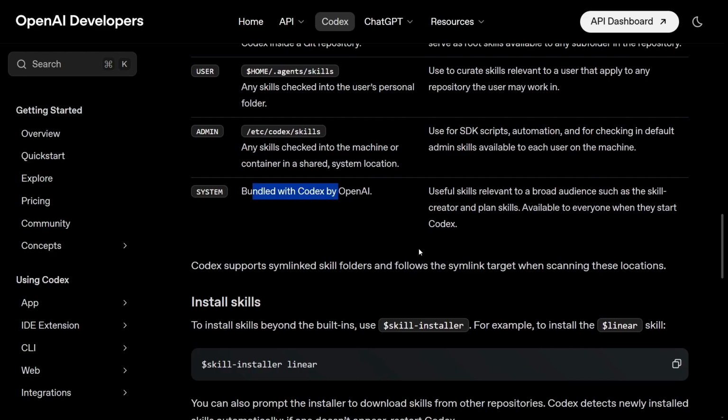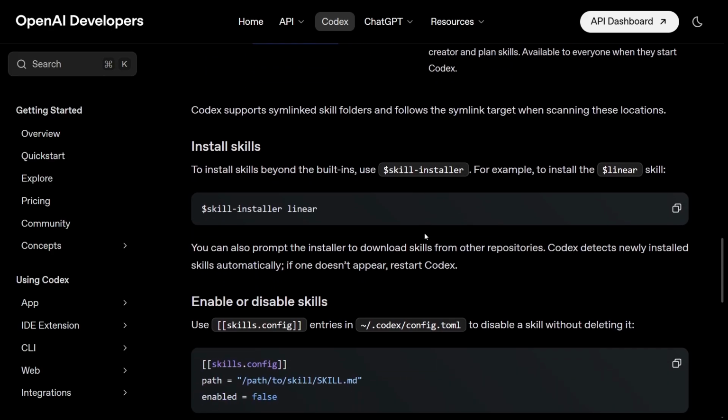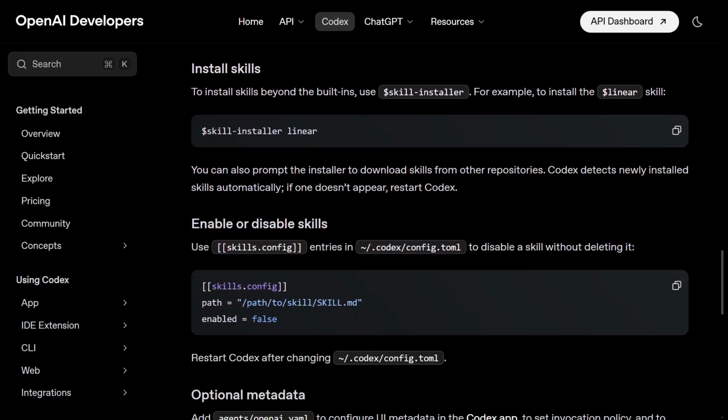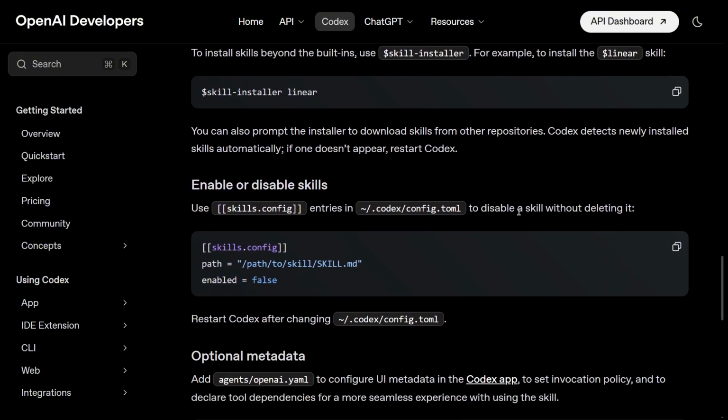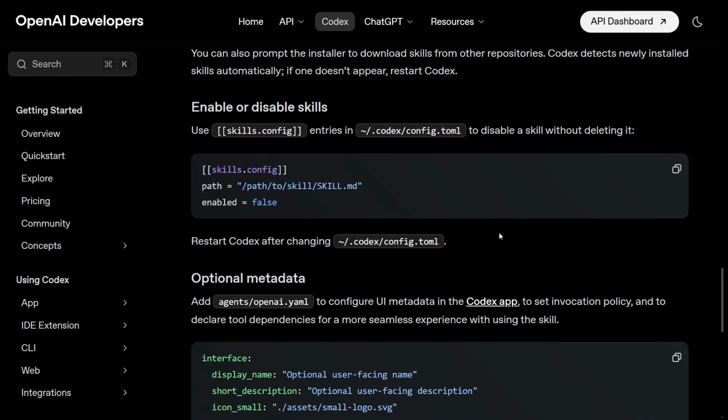And a skill does three things: deciding when to activate, defining how to execute, and standardizing the output. This documentation also gives some really solid advice. Keep skills focused on one job. This is, as you know, the Unix philosophy.